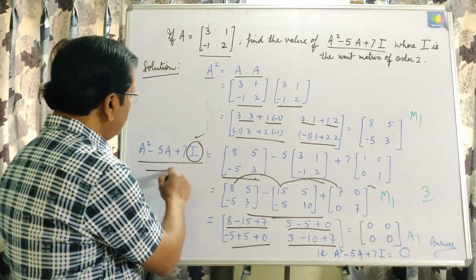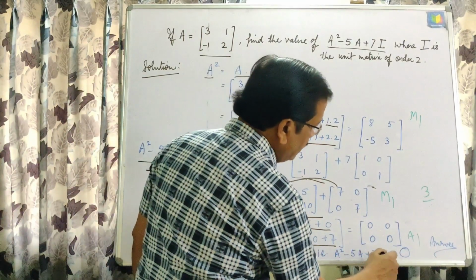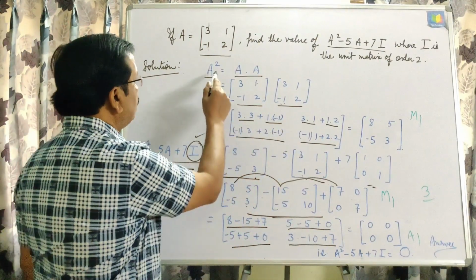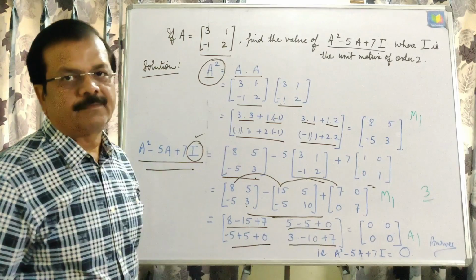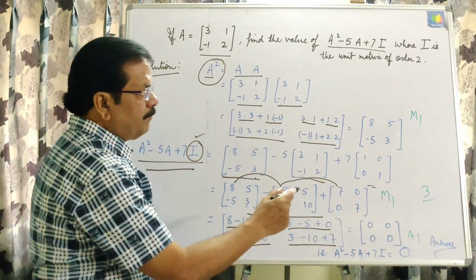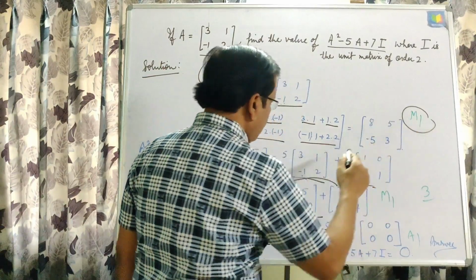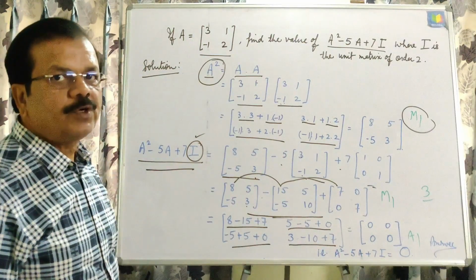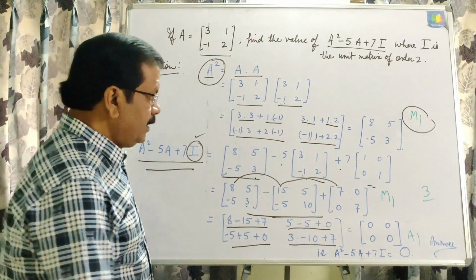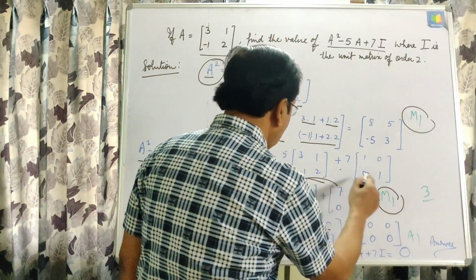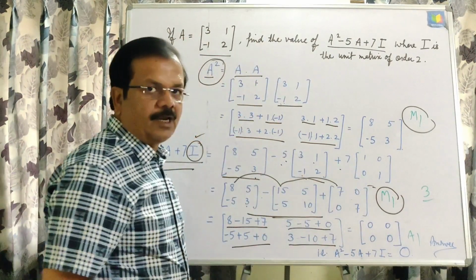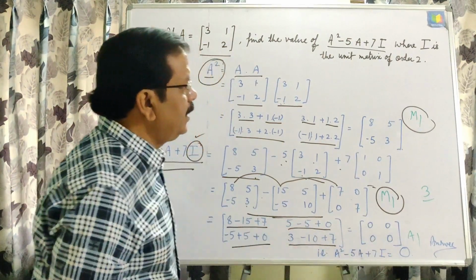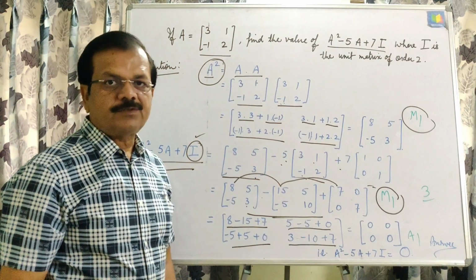And so our equation is changed into A square minus 5A plus 7I is equal to 0. In case of marking scheme, first method mark, if you know the multiplication of A square. Second method mark, if you know the scalar multiplication and write it this way so that you can add or subtract. In this method mark, scalar multiplication is also clubbed here. Now after adding, if you are getting the correct answer, then answer mark. This way 3 marks. Now next question.